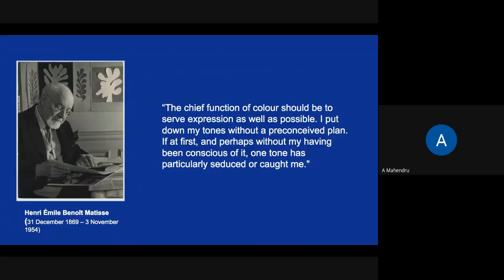So a French artist, Henri Matisse, stated that the chief function of color should be to serve expression as well as possible. I put down my tones without a preconceived plan. If at first, and perhaps without my having been conscious of it, one tone has particularly seduced or caught me. So this level of unconscious response to colors, or at least an unconscious channeling of colors as an expression, shares a lot of similarities with another artist,